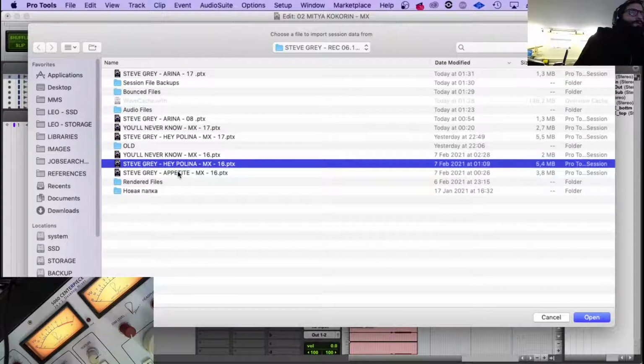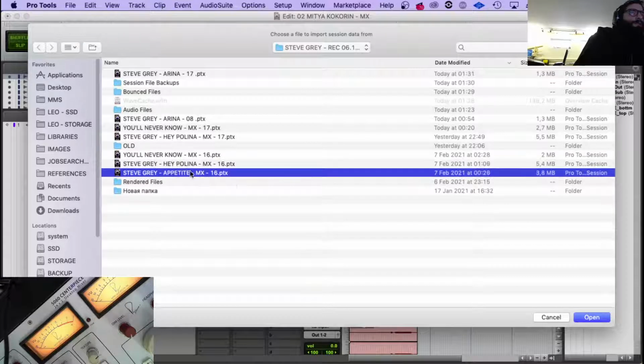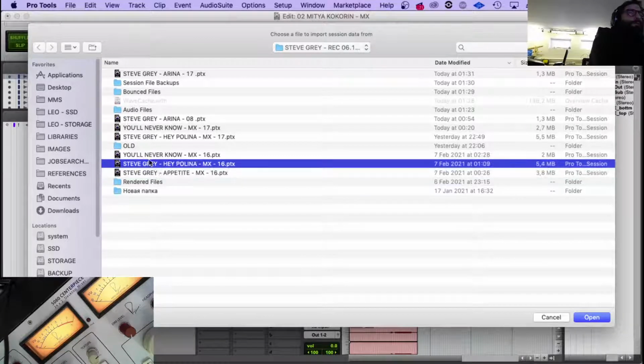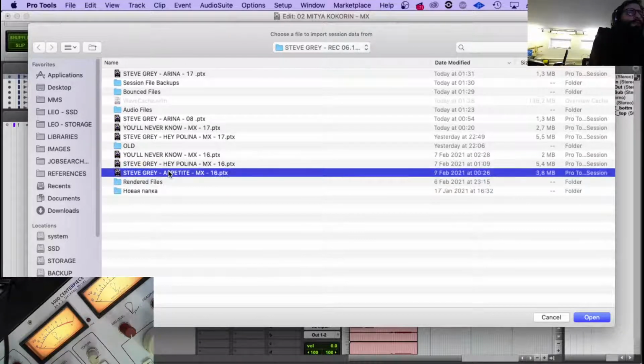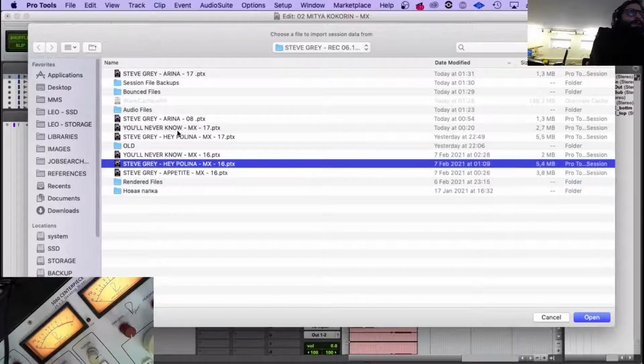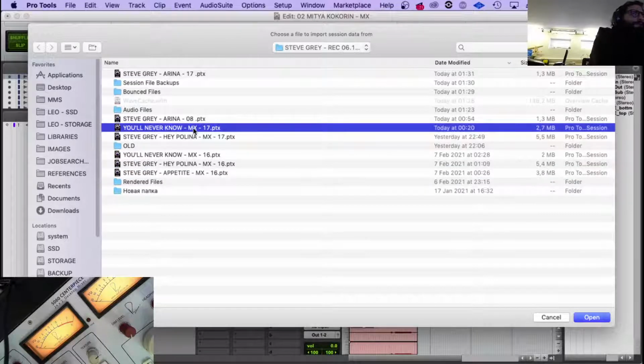Let's use this Appetite. It's a song I've been mixing for a client that has also not really recorded drums, so I'm gonna use it as a base, a basic template for this. So great, but I'm now deciding maybe I'll grab the You'll Never Know 17 is the one I did